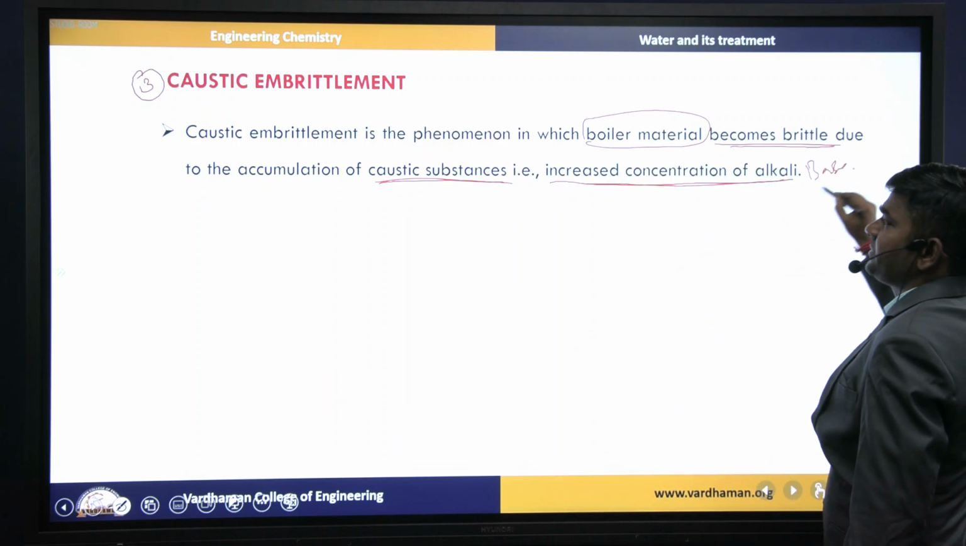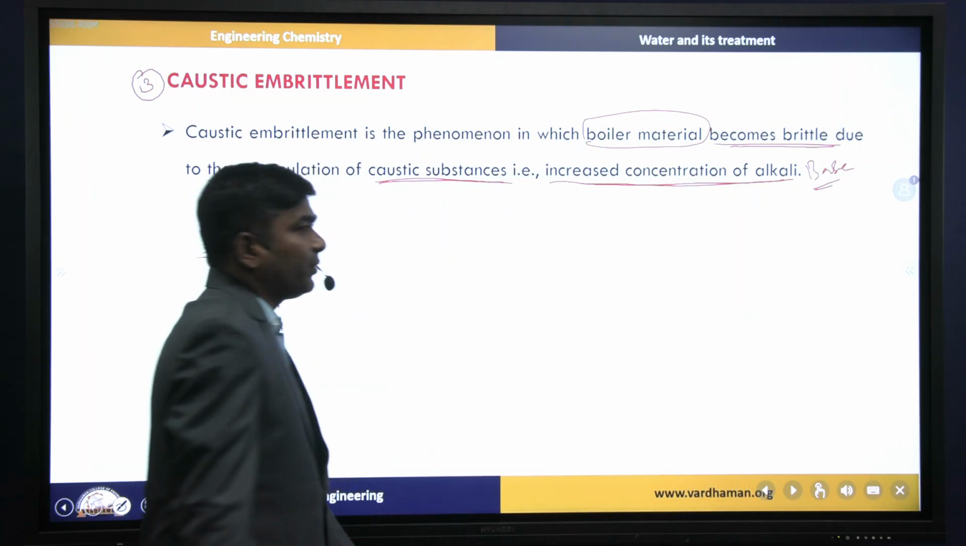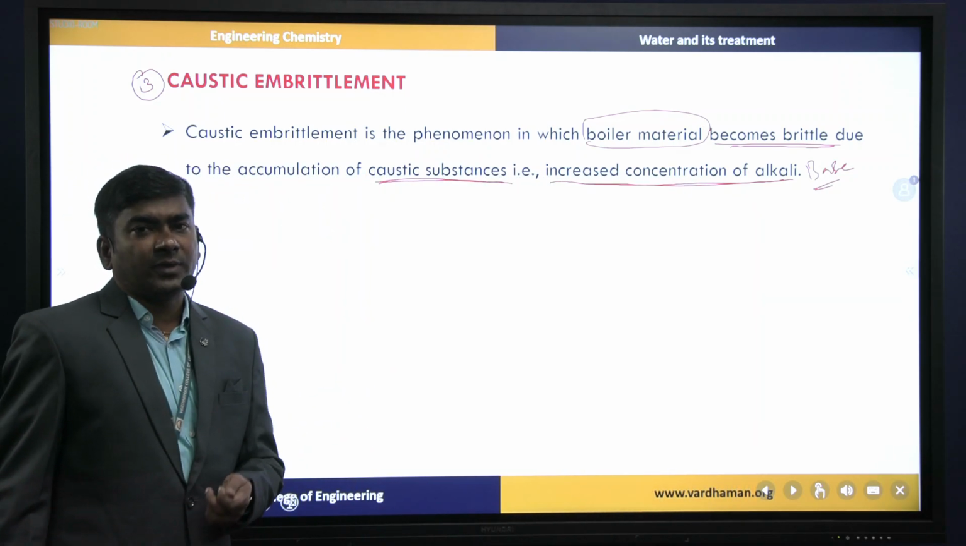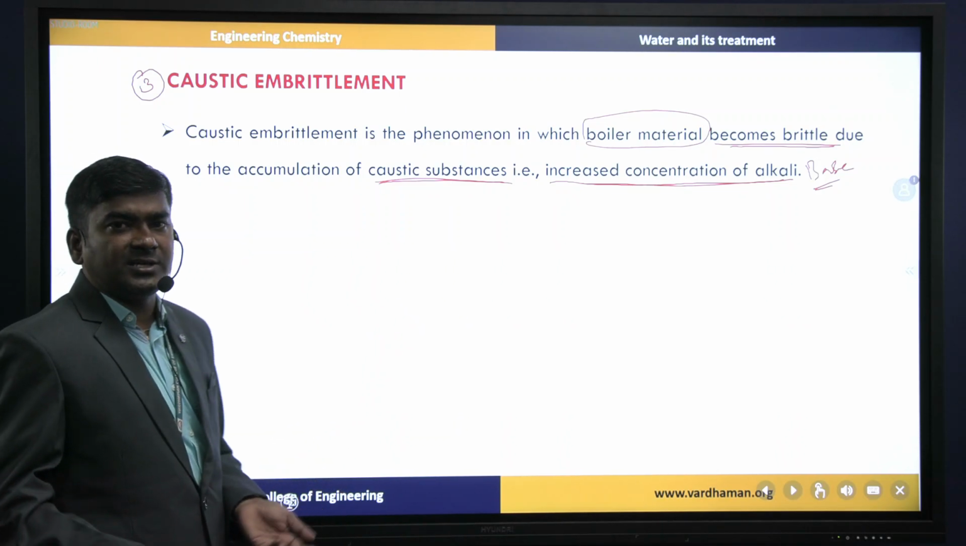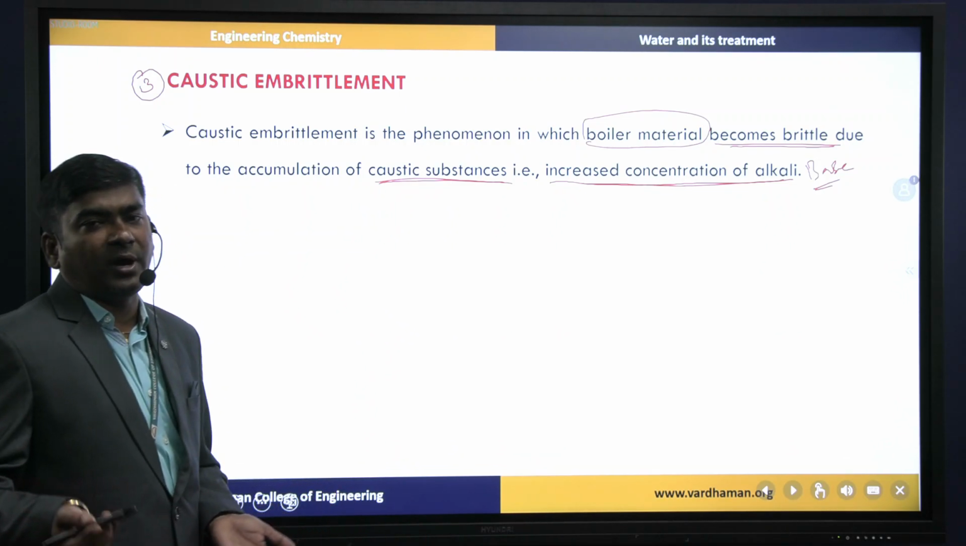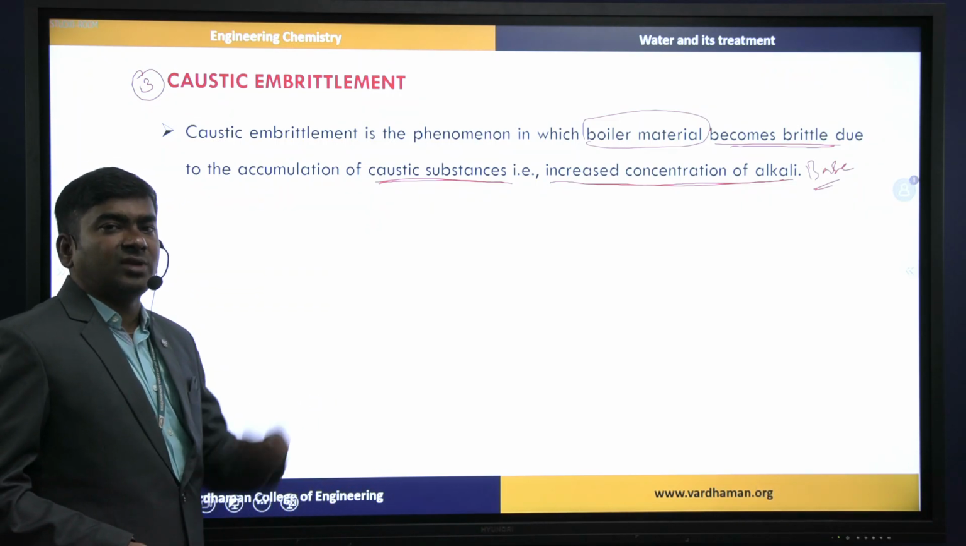This phenomenon happens when the boiler feed water pH rises. Generally normal water pH is around 7.5, but when the boiler water pH rises,